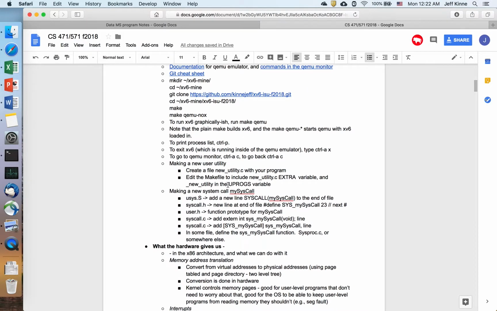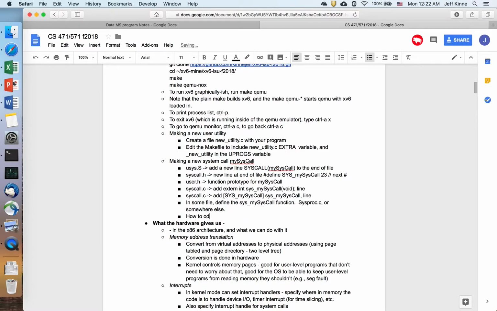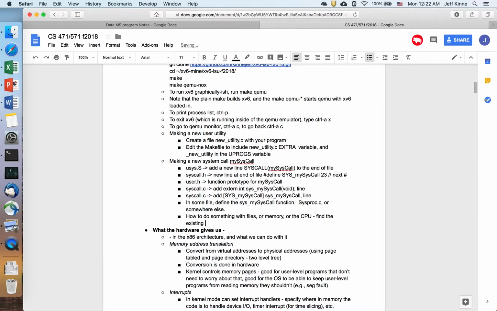All right, so now we have that information here. This is where you want to go. And if you don't know how to do something with files or memory or the CPU, generally speaking, find the existing xv6 system call that is most similar to what you want to do. Right, so if I want to do something with, for example,